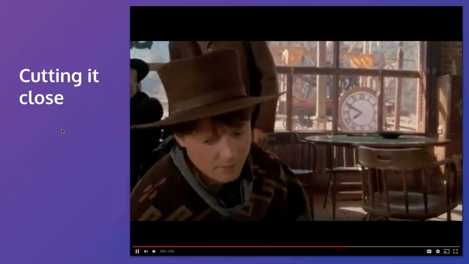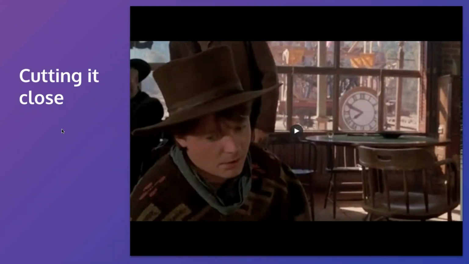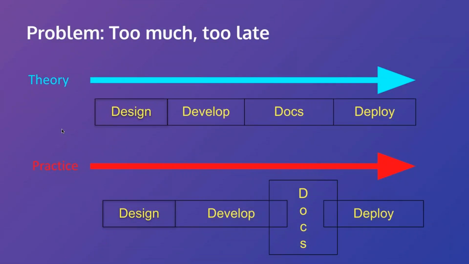So, first of the videos. We have to cut these things so damn close. Oh, I love the 1980s films. I've got a couple more coming along there, but I'm sure we can all relate to the fact that everything in documentation seems to be cut right to the end of the line. It tends to get delivered and we get involved fairly late in the process. In theory, and this applies to waterfall, it applies to agile, it applies to all release development.